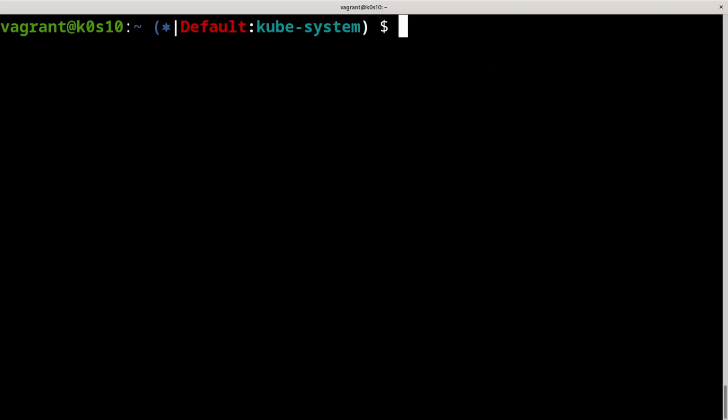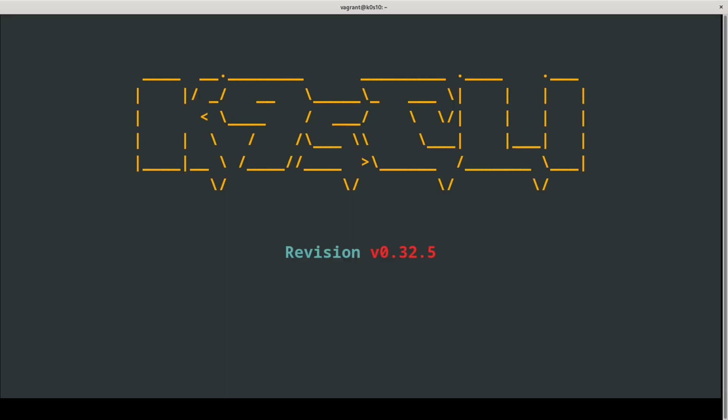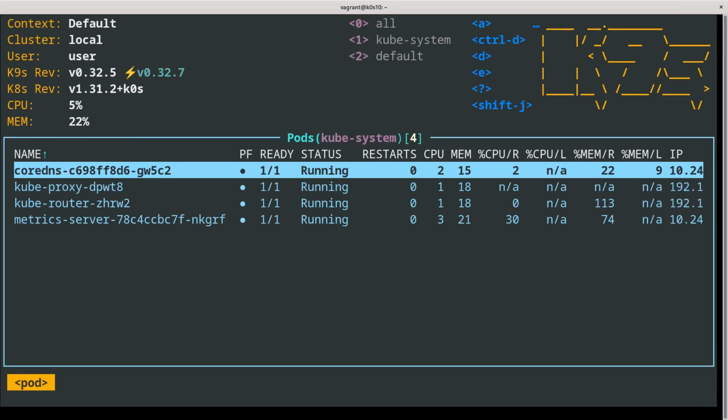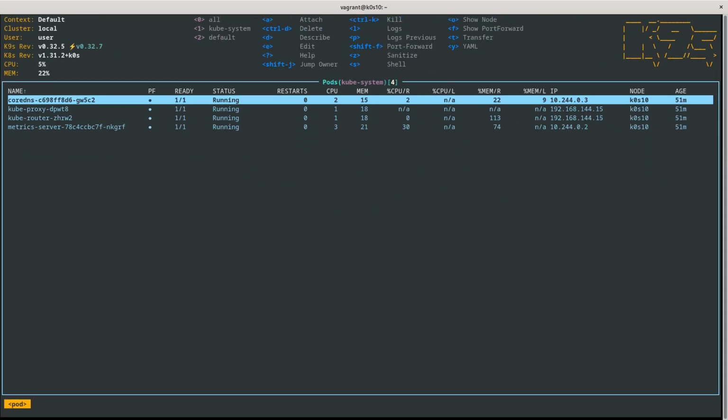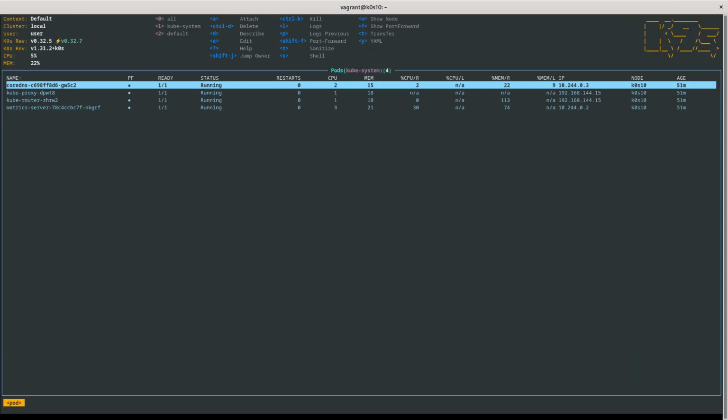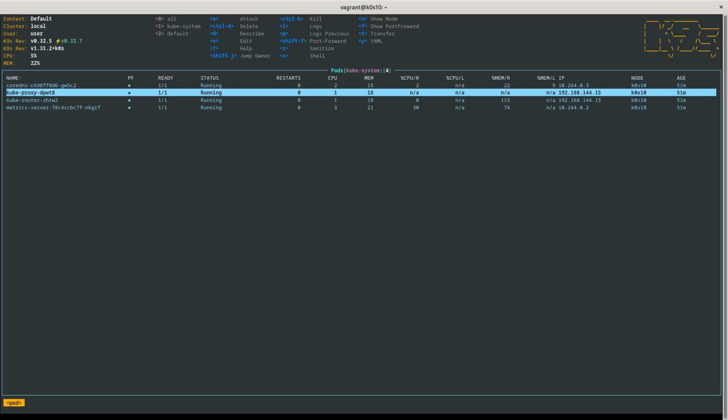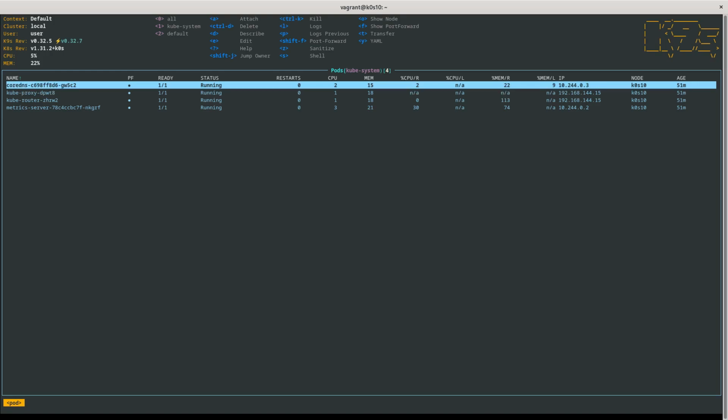And now we can use it. For example, k9s here, and we are in the K9s TUI. Pretty and cool interface. And now we can see each pod.